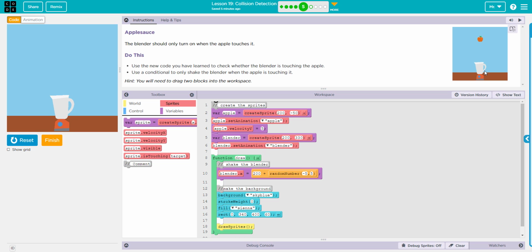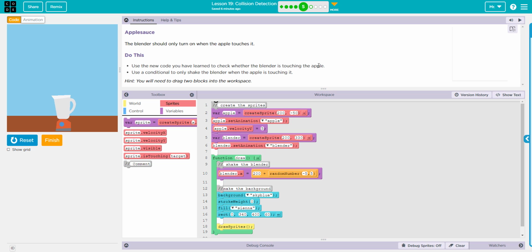Notice when it plays at first, it's still, and then it shakes at the end, whereas our code is already shaking. So we still need to understand the animations from before. In this case, the random number strategy animates the blender. We're going to use the new code we learned to check whether the blender